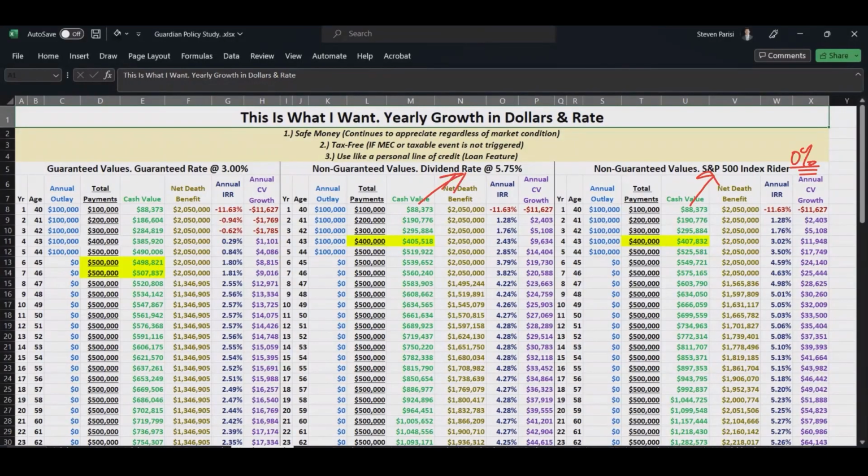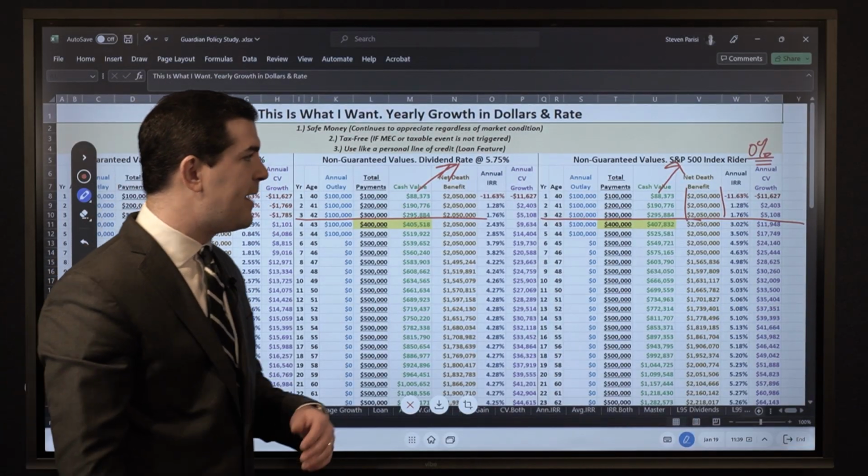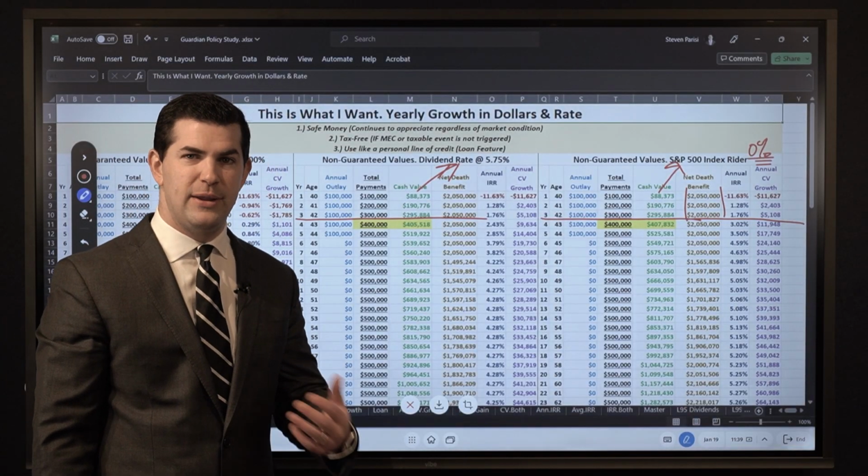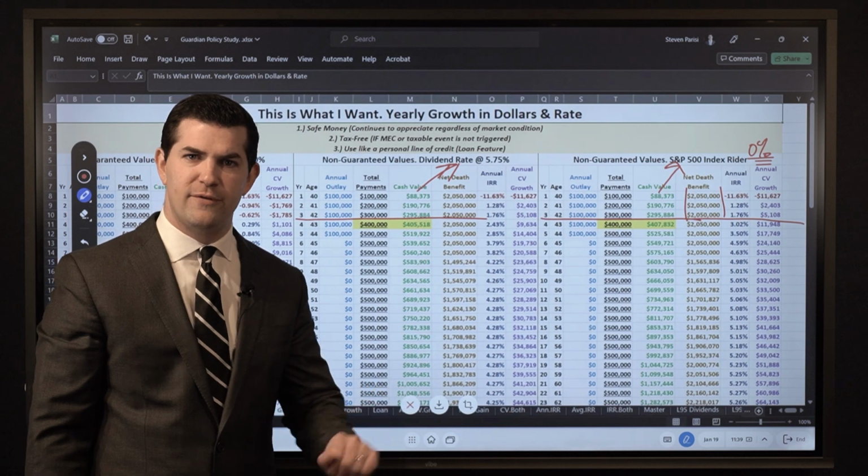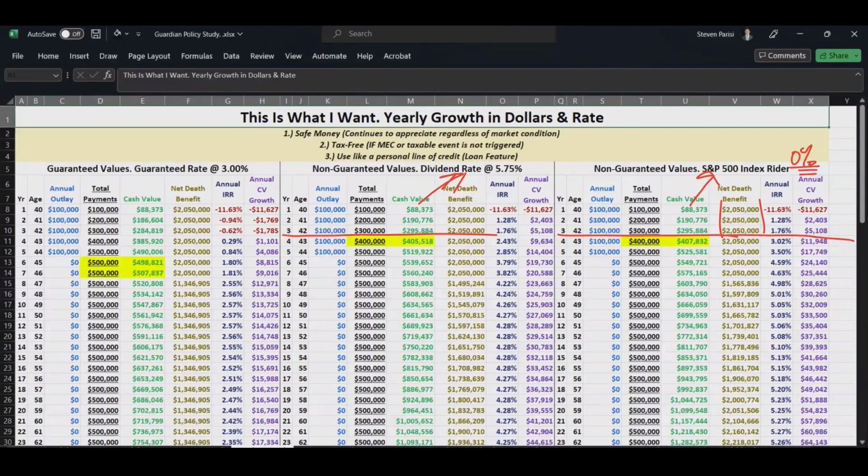But what you'll notice is firstly, the first 3 years, it's identical to the dividend, because if we have a term rider attached in which the death benefit is level initially, the indexed rider cannot be assessed until year 4, cannot be activated or go into full effect until year 4. But then you see that impact in year 4 as we've got a cash value difference, about $2,000.